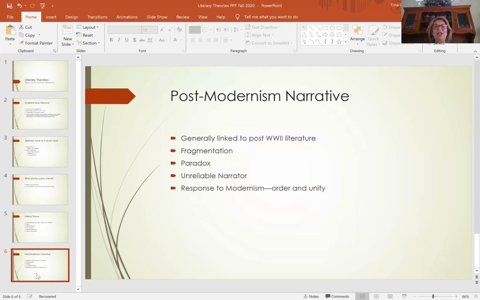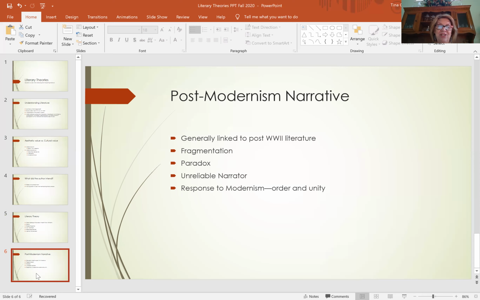Finally, one last point I want to make is the idea of what we call the postmodern narrative. Now, the postmodern narrative generally is said to take place after World War II, but honestly, we can go all the way back to Chaucer and find postmodern narratives. Characteristics that we look for is the idea of fragmentation, and that is the idea that instead of a linear narrative that goes first this happened, then this happened, then this happened, you have fragments come in that tell the story. You might jump around a bit. You might start at the end and then go back to the beginning. You might have different people telling the story that come together and tell an overall narrative.